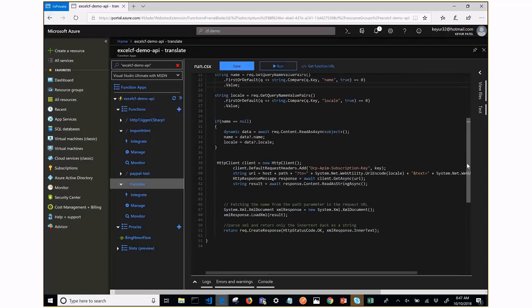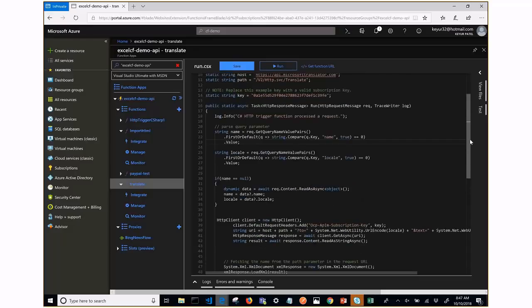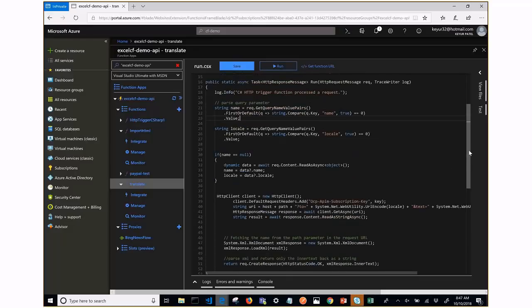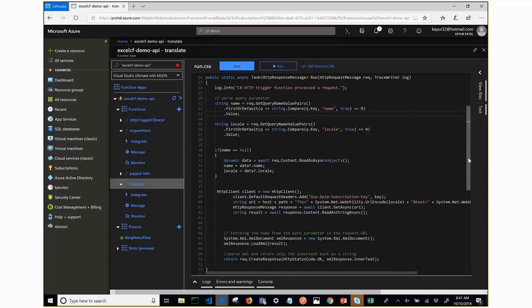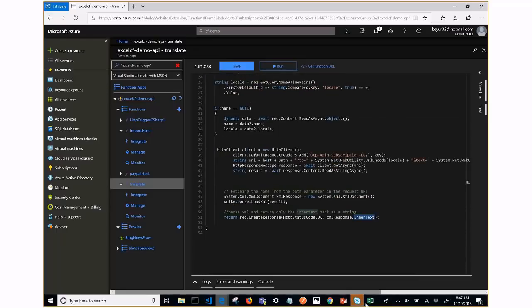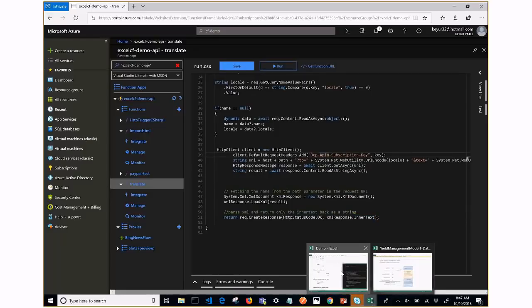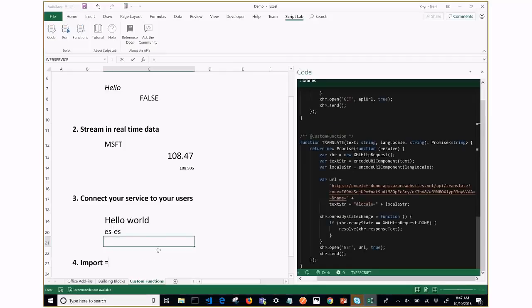And what this Azure function simply does is it just makes that request to Microsoft's translator services and returns that result. So with a little bit of Azure functions and a little bit of JavaScript, we can essentially build in